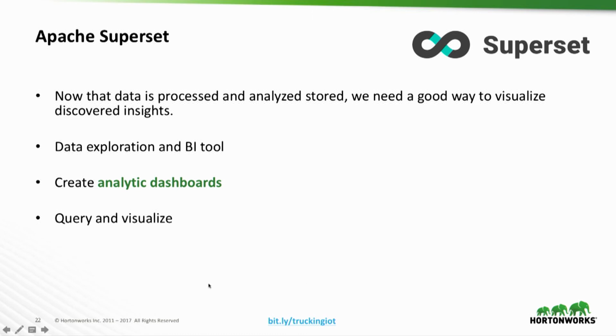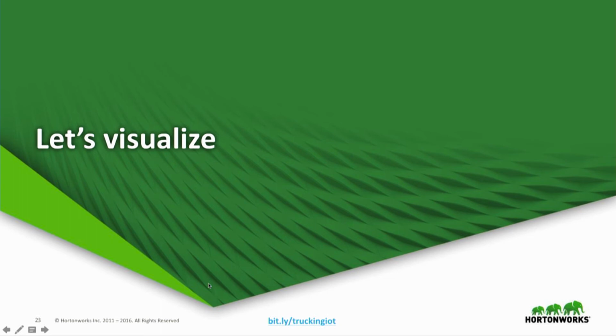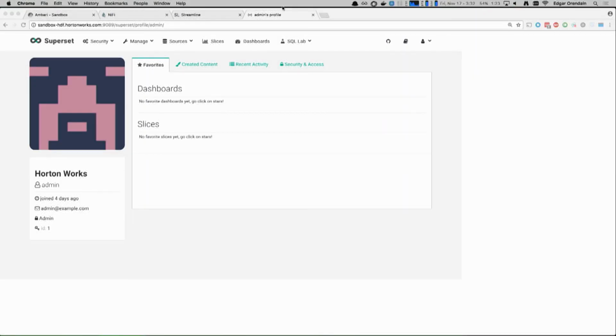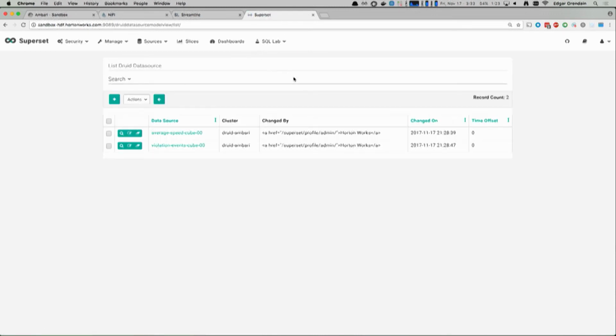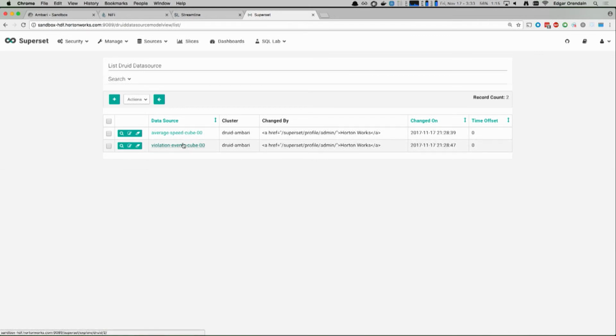And so let's just jump in here real quick. The job that we ran a minute ago, the one that processed the data from the two Kafka sources and dumped into Druid stores, we have saved to these, being fed to these two data sources, these two cubes.